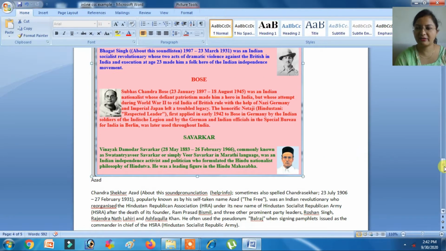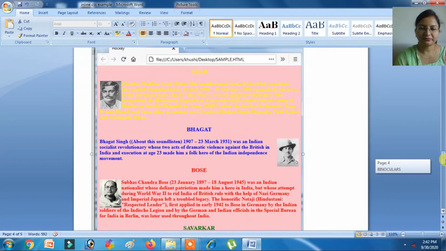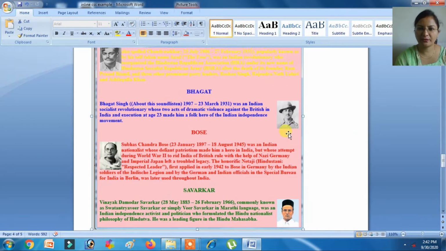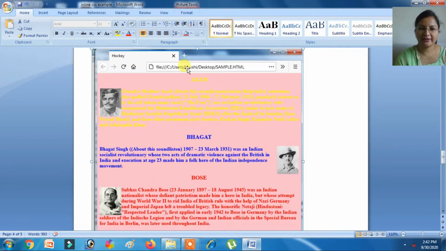Content I have already prepared. So, here you can see these two pictures are floating left, these two pictures are floating right, and you can see all the headings are in center. So you might have seen there is common CSS. Okay, so for common CSS we are using class. So let's see how to use.